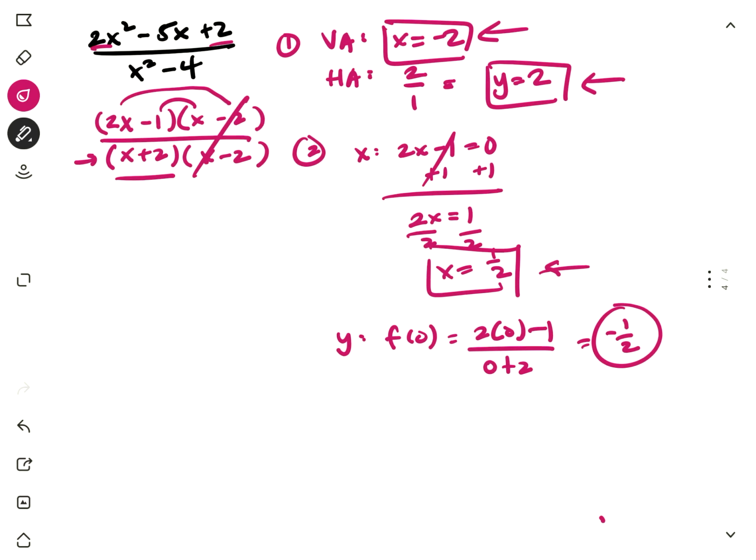So what you guys are going to be doing mainly is you're going to be finding the two asymptotes, vertical